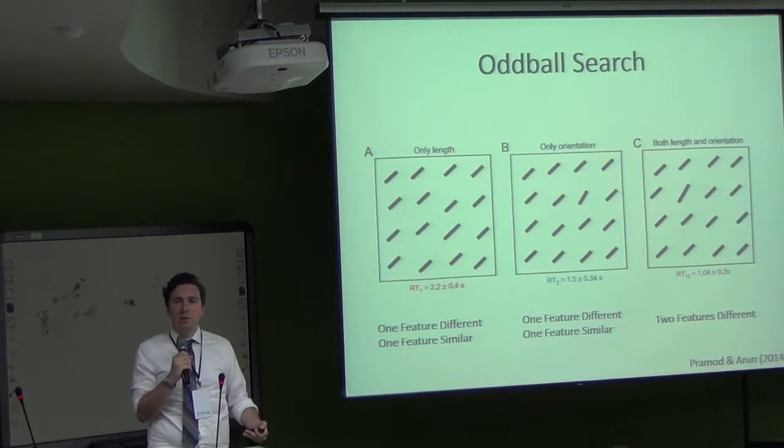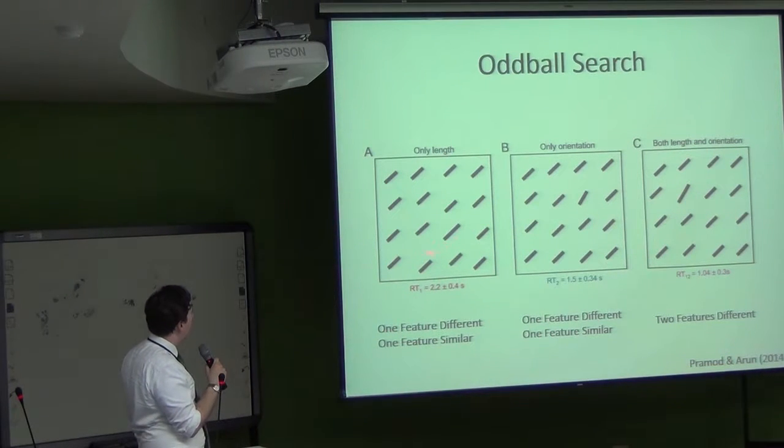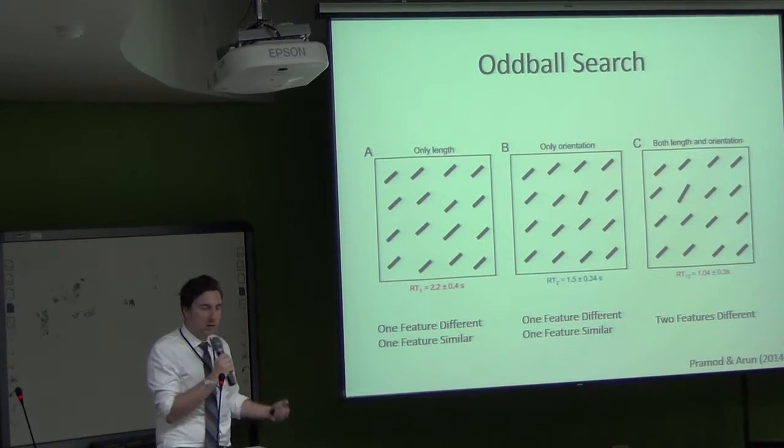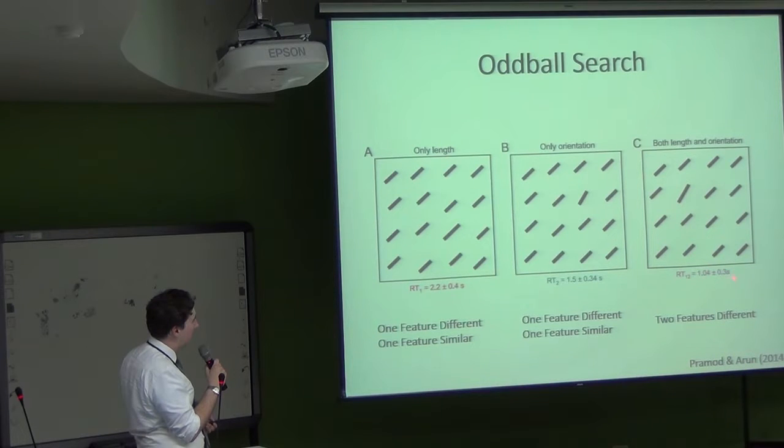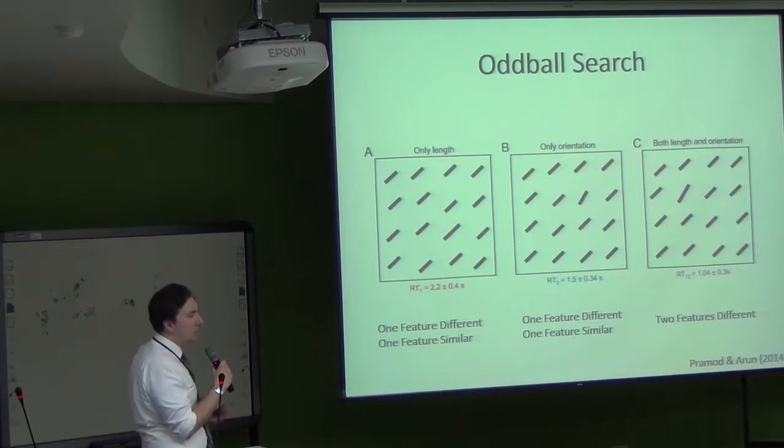Typically the way this task is described is something along the lines of, well, it's easier to find an oddball whenever it varies on 2 dimensions than when it varies on 1 dimension, because when it varies on 2 dimensions, it's more salient. And then that's of course true. Here you have a case where only the length of the line varies. So this is somewhat more difficult. Here only orientation varies, that's also difficult. But when both of them vary, it's easier, and you're faster to respond whenever you have 2 things varying rather